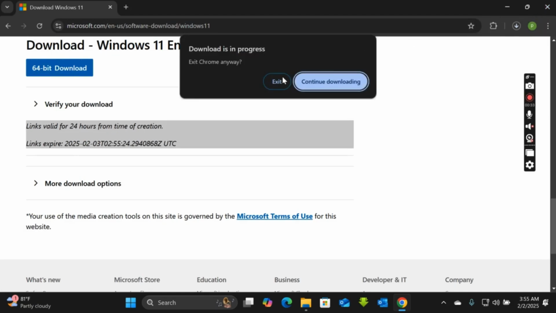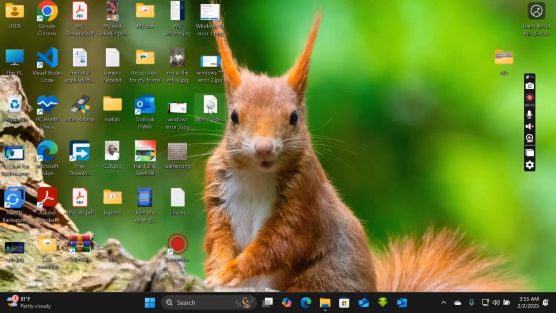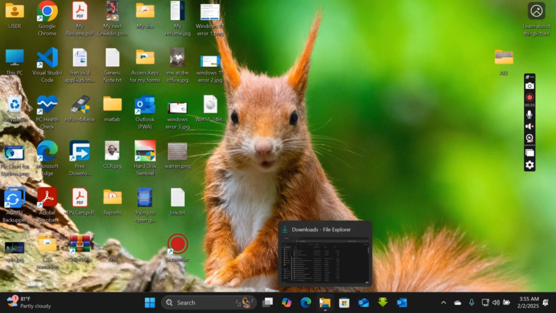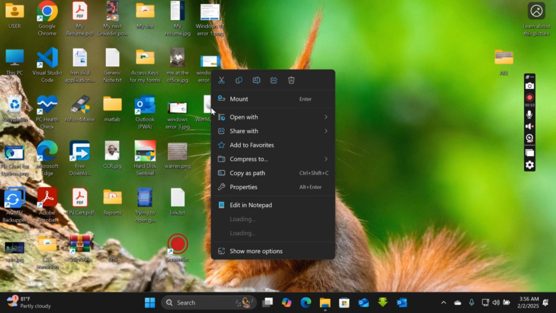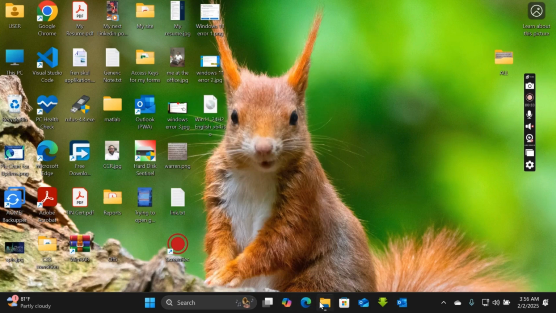So I close the browser, say yes. Look at the file here. You should not have this on your desktop, you should have it in your download folder when you open your Explorer. So cut it from that download folder and paste it on the desktop folder, and you should have it here. So I right click here, and we should click this mount,